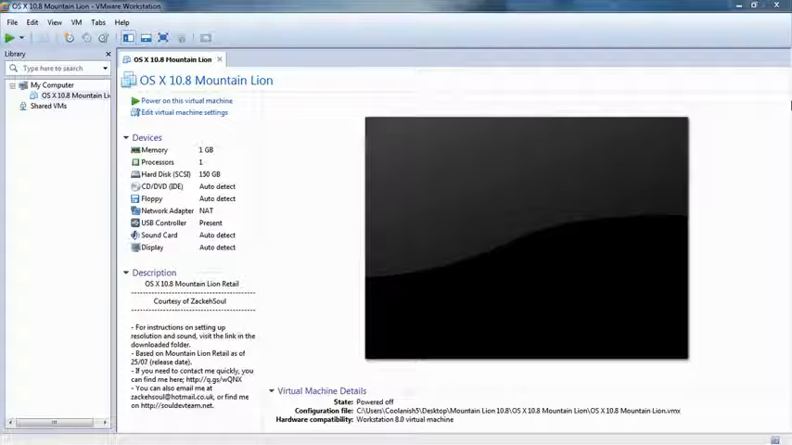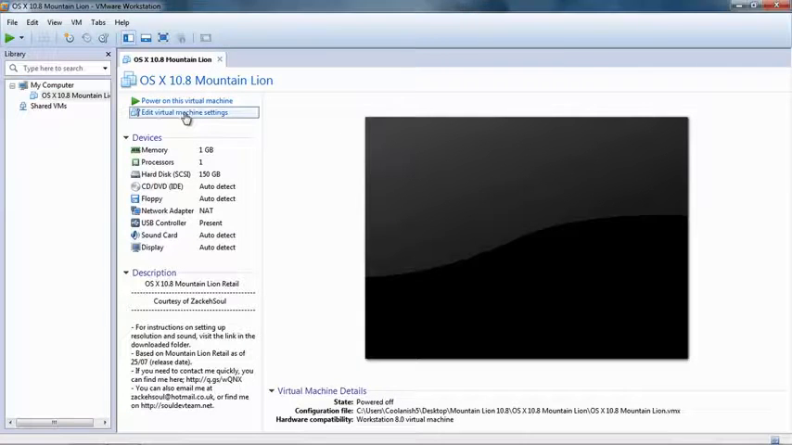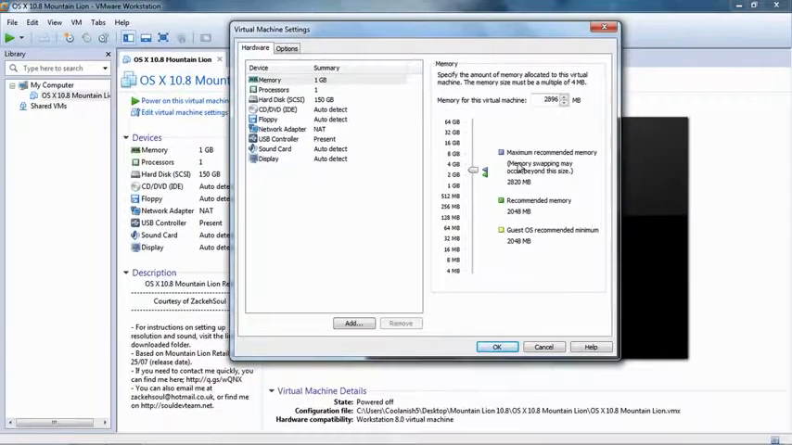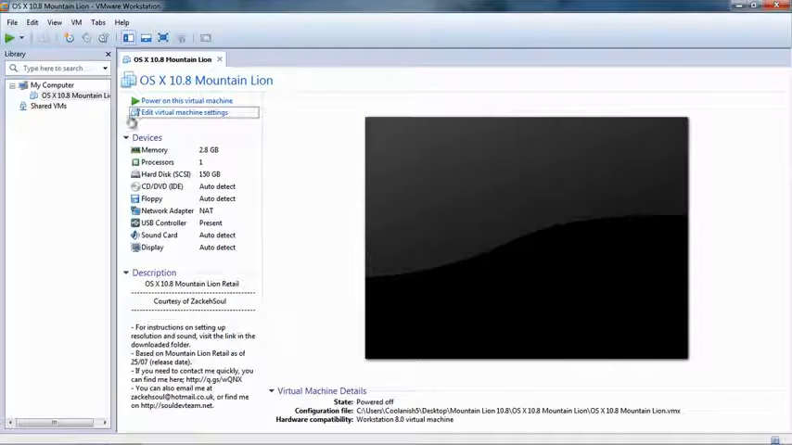The next thing you want to do is go to edit virtual machine settings and decide the amount of RAM you'll be allocating for the Mac operating system. Since I've got 4 GB of RAM, I'll be allocating around 2 to 2.5 GB to the Mac operating system. I recommend you allocate around half of the RAM you've got on your computer. If you've got 4 GB of RAM, you'll allocate 2 GB, and if you have 8 GB of RAM, you'll allocate around 4 GB to the Mac operating system. Once you have decided on how much RAM to allocate, click on OK, and then hit power on the virtual machine,